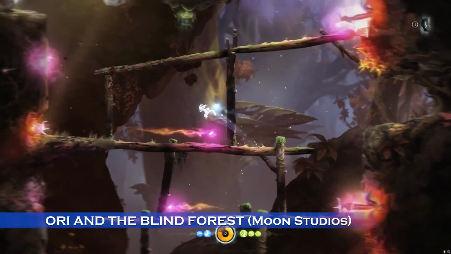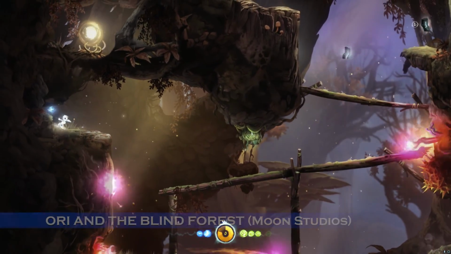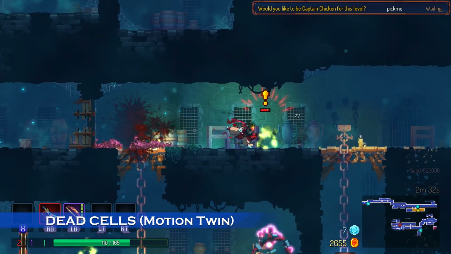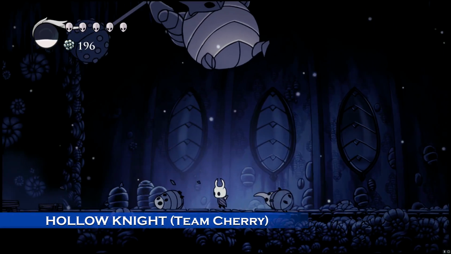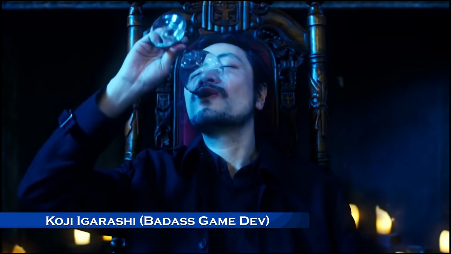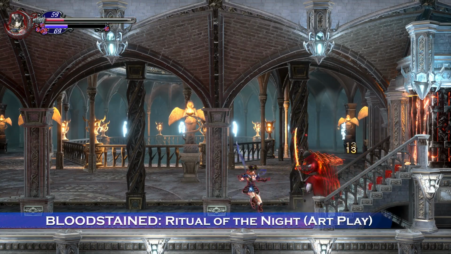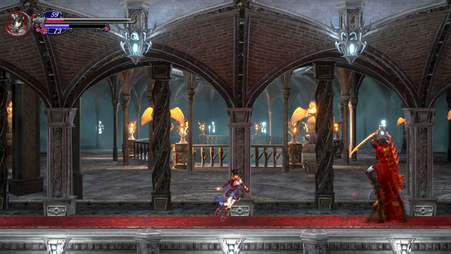It's why, even though we've had masterpiece tier 2D action exploration platformers released in the last few years, like Ori and the Blind Forest, Dead Cells, and Hollow Knight, most of them are made with 3D model trickery. This has been cited as the reason that even Koji Igarashi, the master craftsman of 2D Castlevania games, opted to use this so-called 2.5D technique for the fantastic Bloodstained Ritual of the Night, which came out at the beginning of